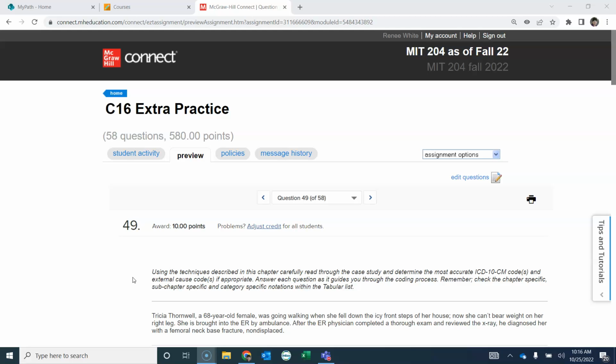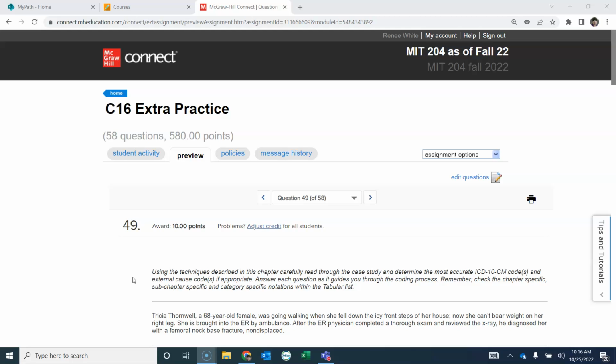Okay? So on mine, I'm using the 2022 version. It's the AAPC version, so your page number is not going to be exactly the same. But mine's on page 188, and in my first column, I see the neck, fracture, femur, see fracture, femur, upper end, neck. I go to the next column,